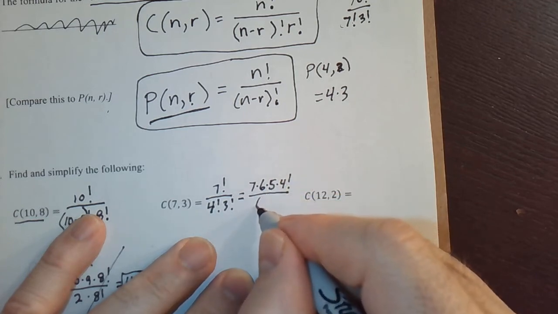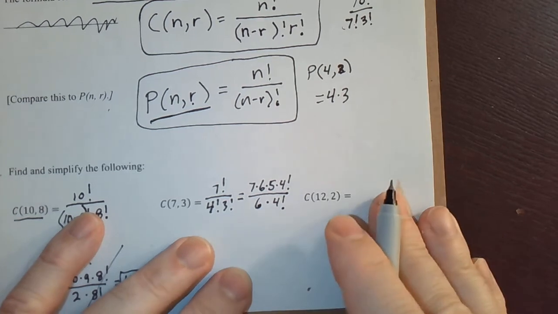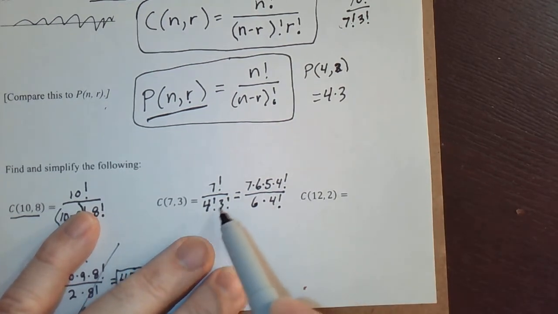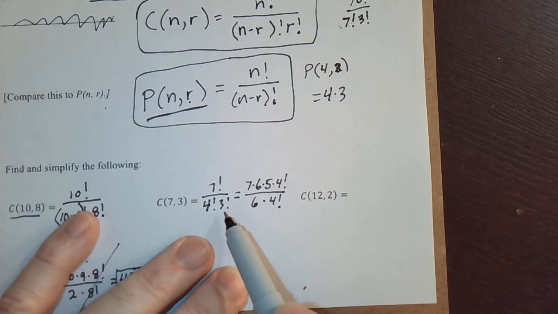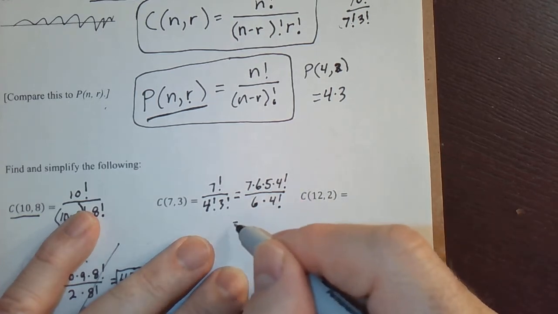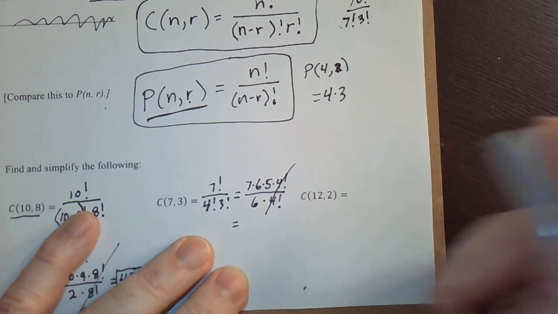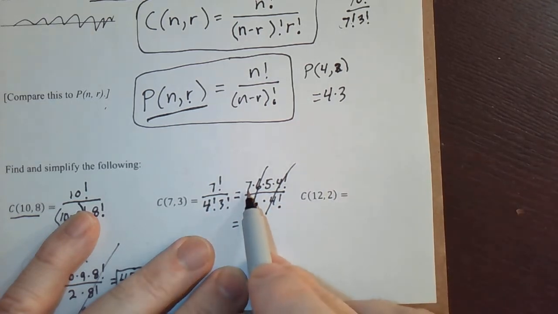Let me write 6 times 4 factorial. Where did that come from? Well, the 4 factorial, I switched the order of the 2, so that's the 4 factorial. What is 3 factorial? What's 3, 2, 1 multiplied together? 3 times 2 times 1. It's 6. So now I'm going to cancel those 4 factorials, and look at this. I can cancel the 6's as well, and what does it leave me with? 7 times 5,